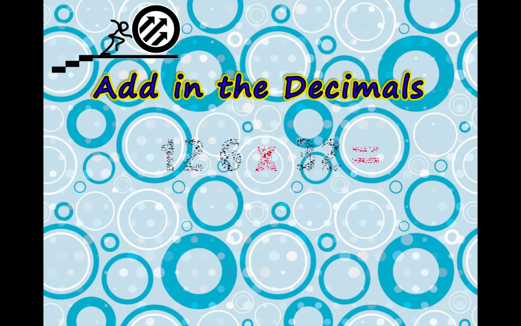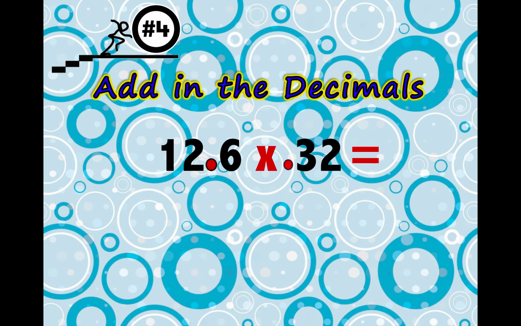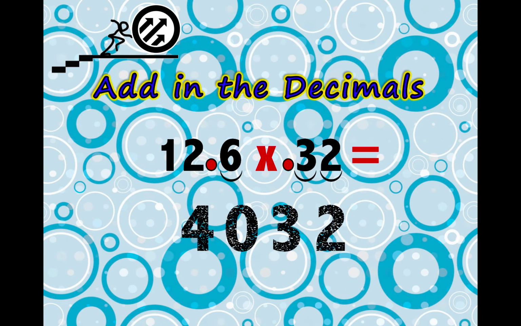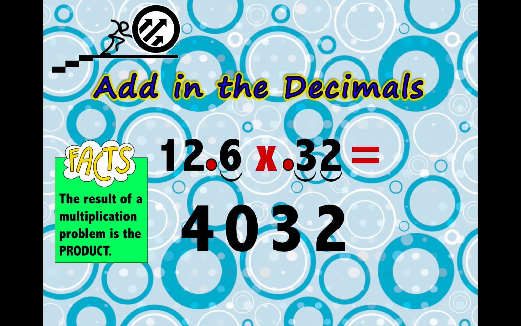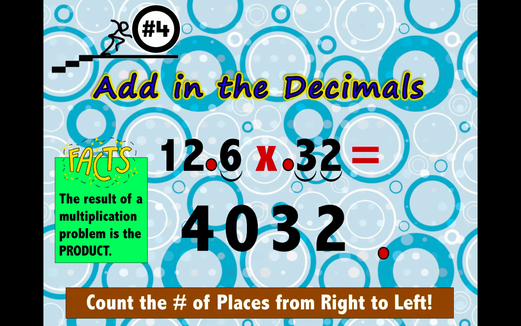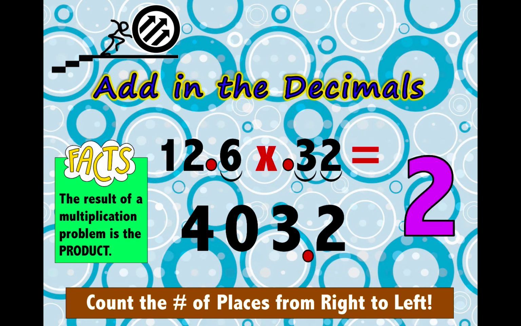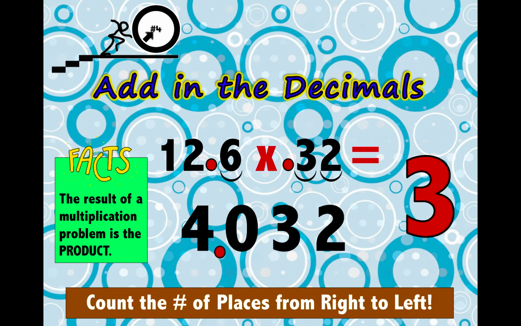Step number 4. Add the decimals back into the product. Here is the original problem. 12 and 6 tenths multiplied by 32 hundredths. How many decimal places do we have? Let's count again. 1, 2, 3. When we multiplied this number like whole numbers, our product was 4,032. Now it's time to add back in the decimals by counting the number of decimal places from right to left. 1, 2, 3. Our final product now is